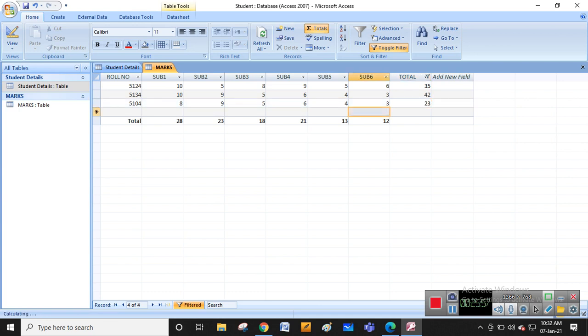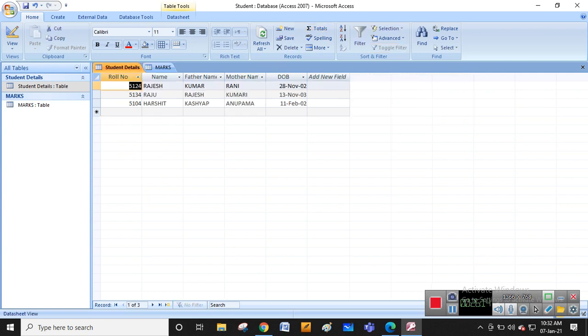Okay, I just entered these values. Let me remove this column. Now I created the two tables.